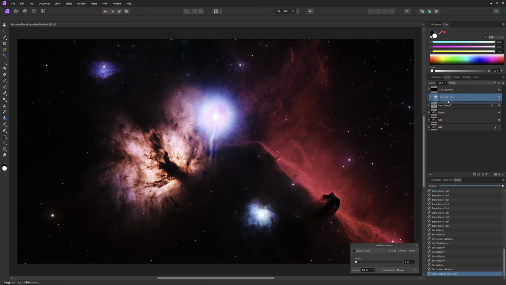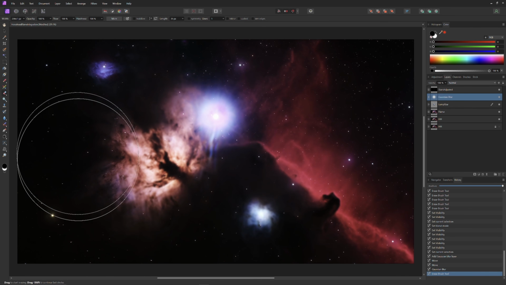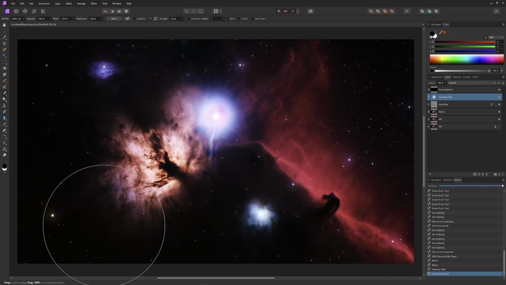We're going to open a Gaussian blur layer and put it near the very top, just below the stars, so it affects every layer beneath. And then we're going to crank up the blur, just enough to soften those areas, effectively getting rid of the hypersaturation artifacts. Then, with the Gaussian blur layer selected, we're going to open up the Erase tool again, and set the hardness and flow to 100, and erase out everywhere that we don't want the blur to apply, which is everywhere except for the faint structures in the right center and upper center and lower right of the Horsehead Nebula